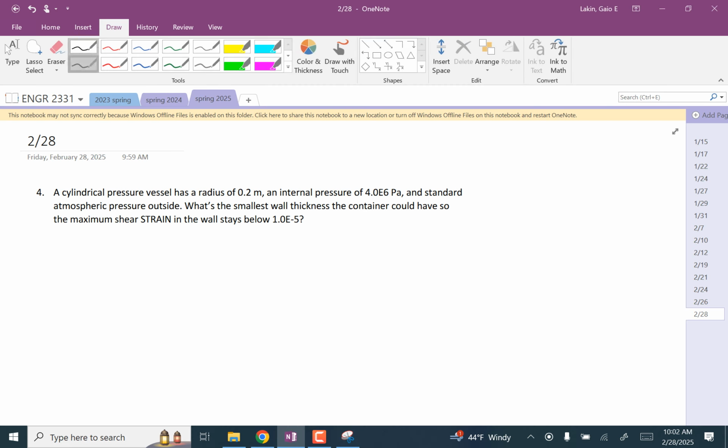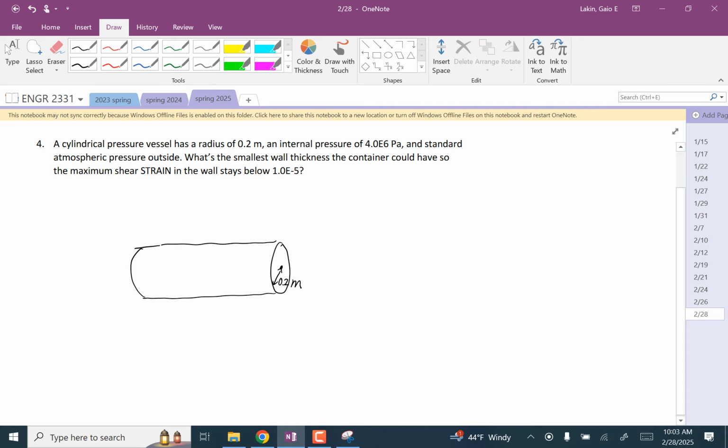Okay, it's a cylinder, radius of 0.2. So this is the radius. Standard atmospheric pressure outside. What's the smallest wall thickness so that the maximum shear strain stays below this? Okay, so we know that